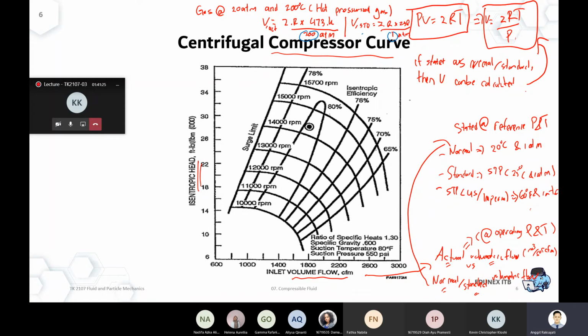For some transactional business purpose, people just become too confused when they use actual volumetric basis. Why? Because let's say you wanna sell a gas from Indonesia. Nowadays we sell gas from Tangguh, from Papua, and from Bontang probably. You sell gas from Bontang to Japan, to South Korea. Okay, you say, I want to sell 1 million cubic meter per day, for example.